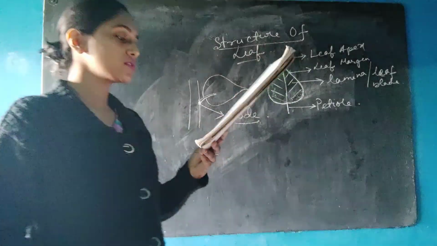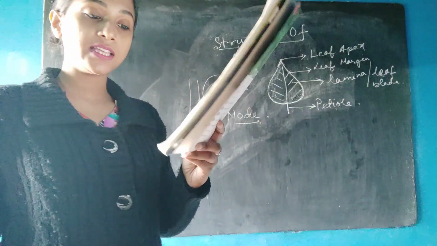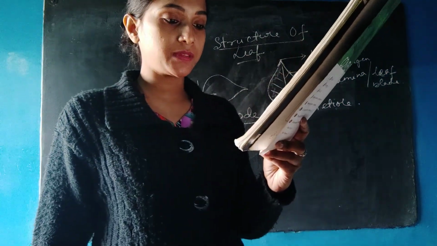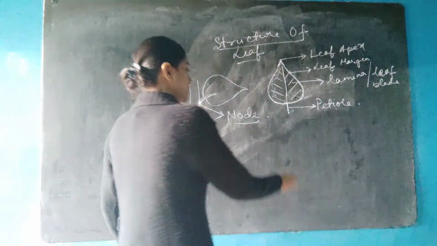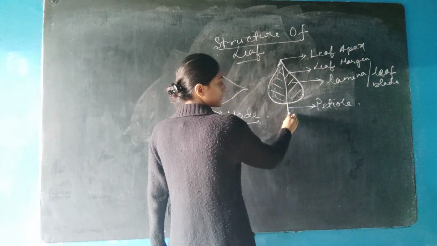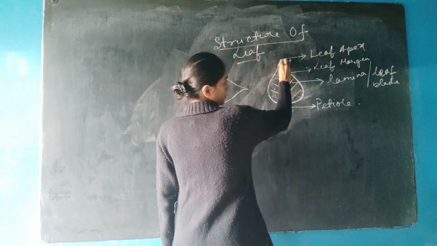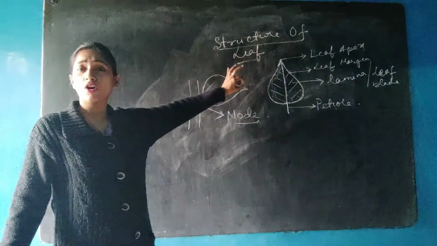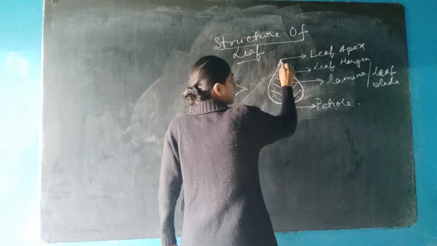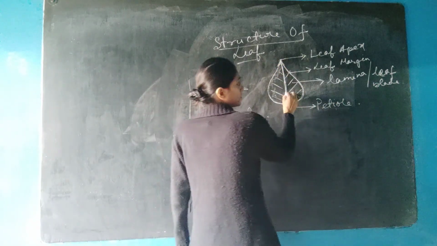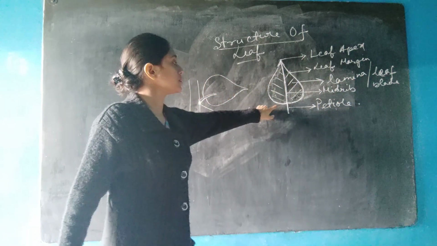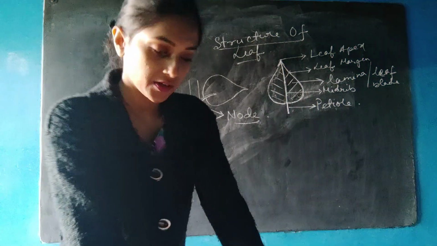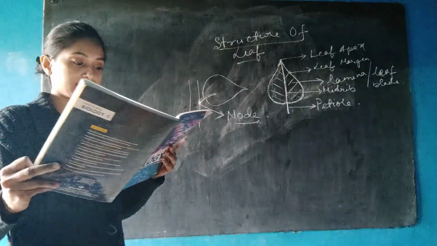Okay. Now coming to the midrib. The lamina has a thickened vein along its center called midrib. The midrib extends from the petiole up to the tip of the leaf. That is, this petiole is actually getting extended. See? In the middle of the leaf. This middle line of the leaf which is extended from the petiole is termed as the midrib. It goes from the base of the leaf to the tip of the leaf. Okay. Now the next part is veins and veinlets.